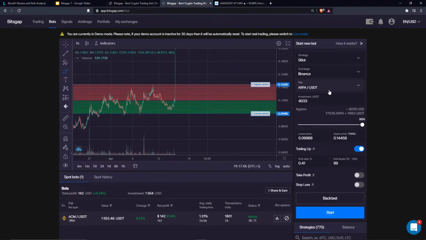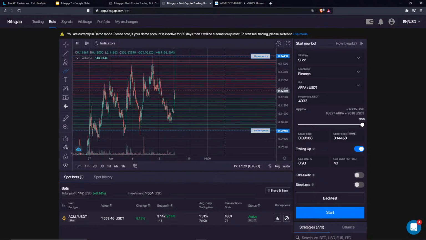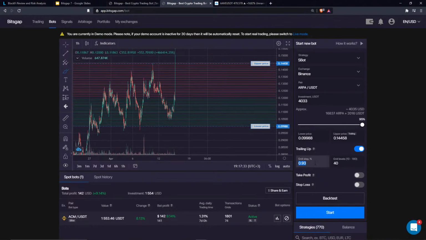The next step once you define your trading range is to define the amount of limit buy and limit sell orders you want to plot within this area. This is known as grid levels. So for example, I want to have 40 grid levels, and now look that the gap between my orders increased, and the gap is around